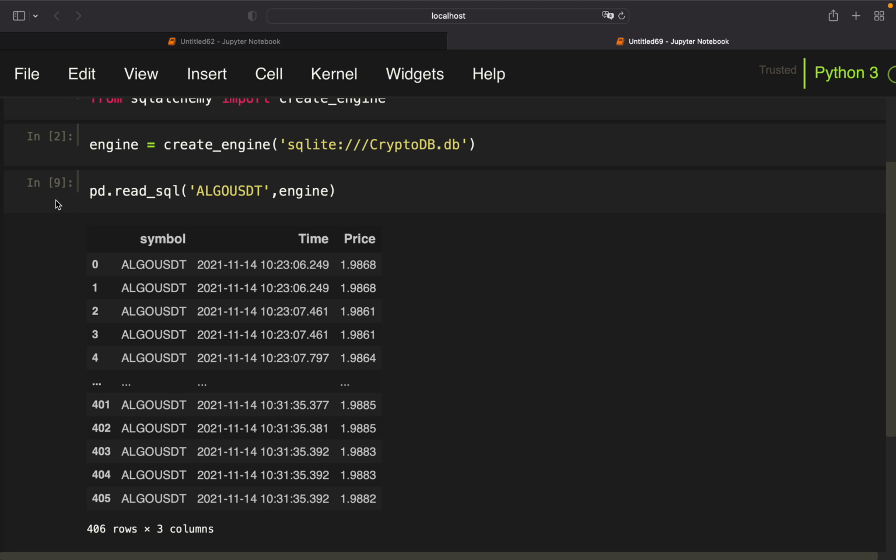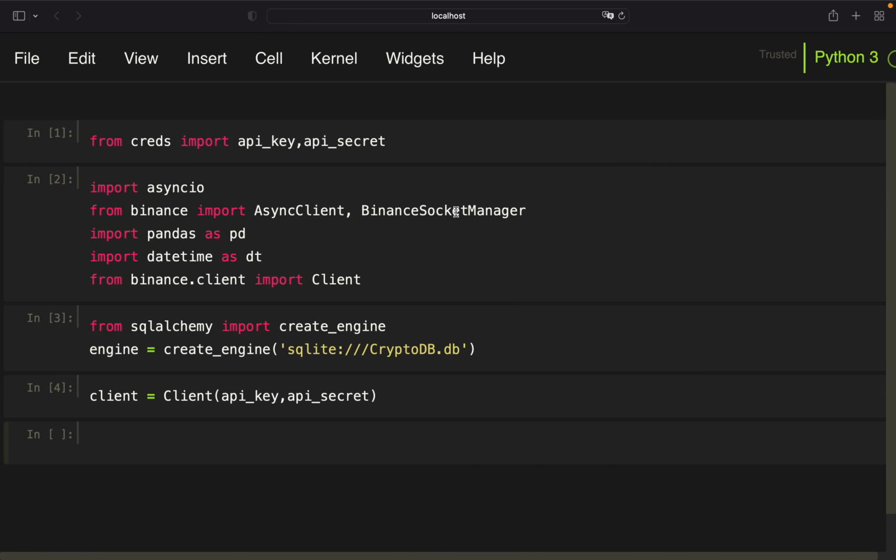Okay, let's continue with the second script. This is the actual trading script. Important to note here is that I'm constructing the script in a way that I can execute it in raw Python. The reason behind that is I want to create a cron job later on, which is executing this script every